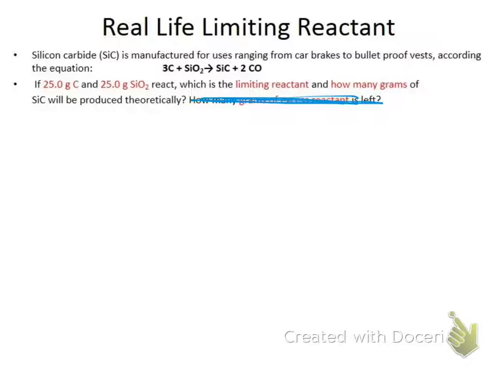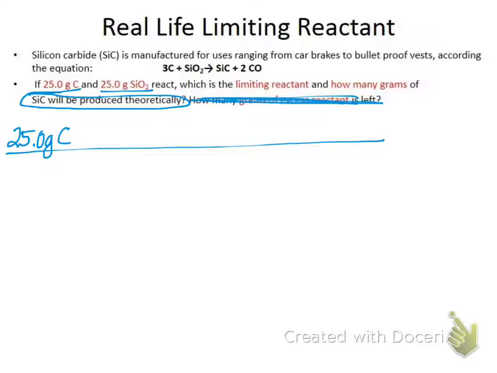All right. So we have 25 grams of each one of these reactants. We have carbon and silicon dioxide. We're going to work it both ways, solving for what it's asking for. It is ultimately asking us for how many grams of silicon carbide is going to be produced theoretically. So that's what we're looking for. We're going to work it once with 25 grams of carbon and then 25 grams of silicon dioxide. All right, so we start with 25